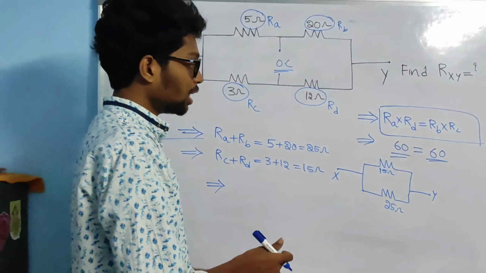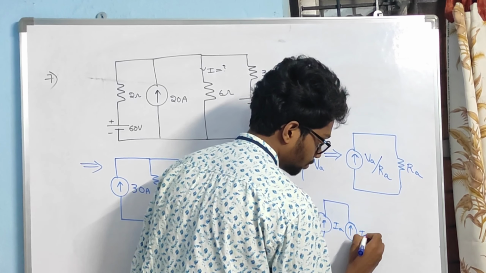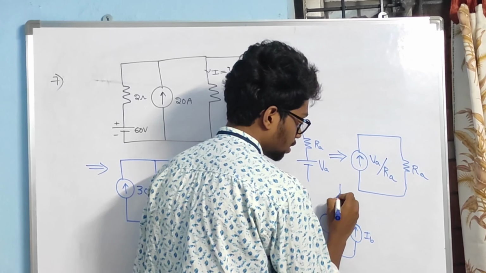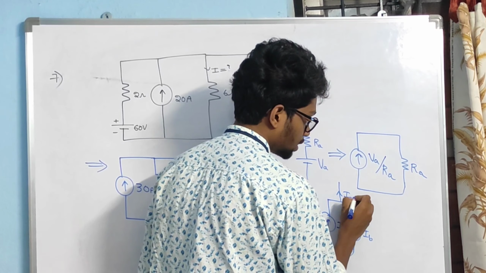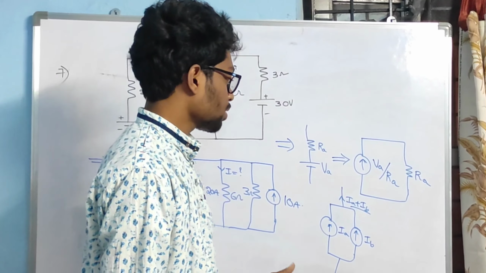We know as the 3 current sources over here are facing upward, so we can add the 3 currents directly. There will be a rule, friends, like this. If this is IA current and this is IB current, we can just add up like this, IA plus IB. You can say that as Kirchhoff's current law: incoming currents equal outgoing currents.